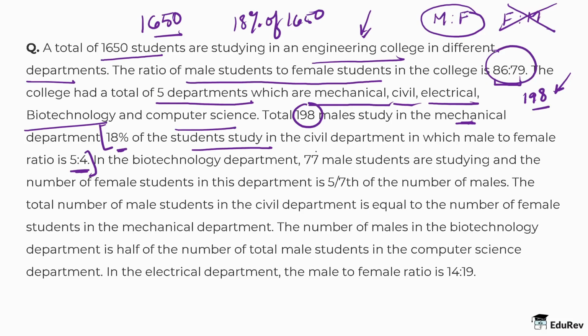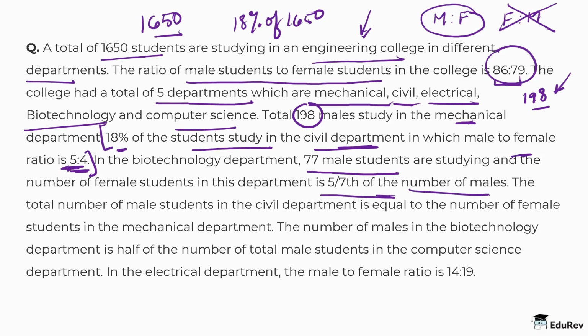So 18% of the total students study in your civil department, and from the students who are studying in civil department, the ratio of males to females is going to be 5:4. Correct. So we have understood till here, right? Now in biotech department, there are 77 male students. Okay. And the female students in this department is